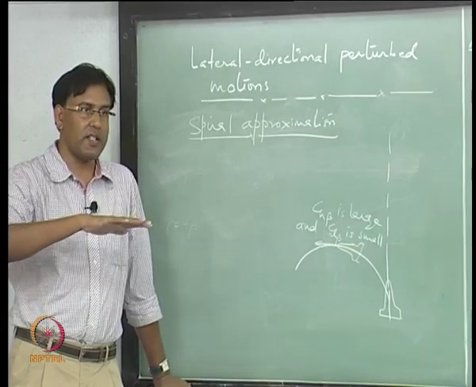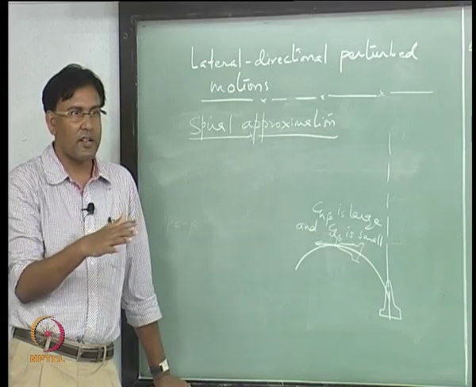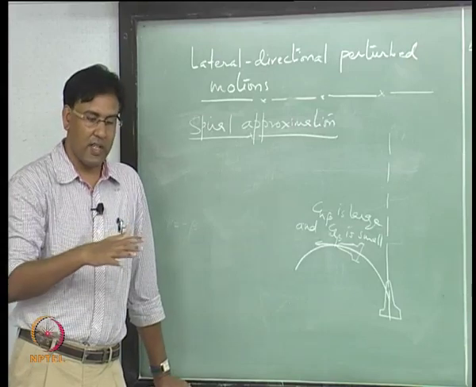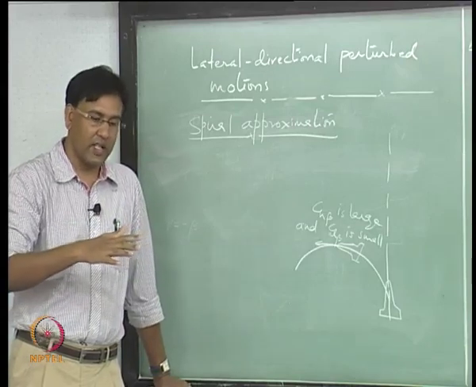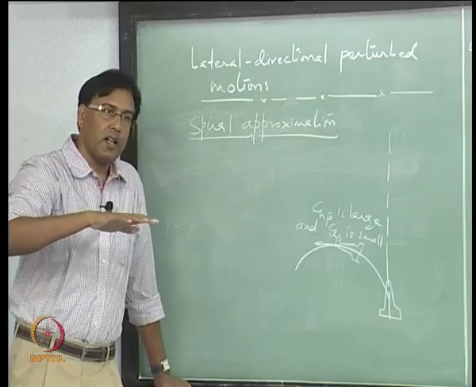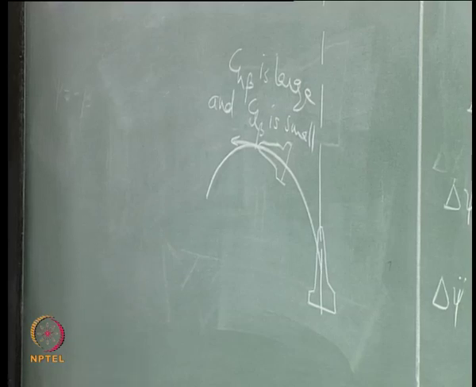So, it is a steady change in bank angle and the beta is getting killed. So, it is following the velocity vector, starts doing this, and as it progresses on this curved path, because of increased bank angle, this turn becomes tighter and tighter,